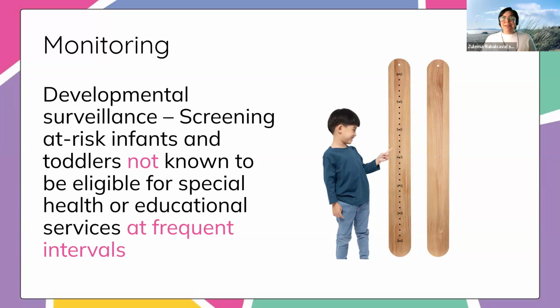But let's say that family is mentioning that they just keep getting a lot of ear infections, and we know that that might impact their hearing, right? Do we want to wait a full year? Or do we want to maybe screen at smaller or shorter intervals just to check in and make sure that all those ear infections aren't causing delays? So monitoring is really just sort of eyeballing and using screening as a way to continue to check in, right? I always say that you can never screen enough. You can never screen too much, but you can always screen too little, right?